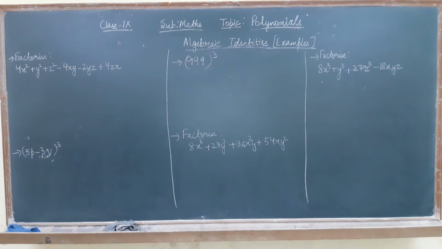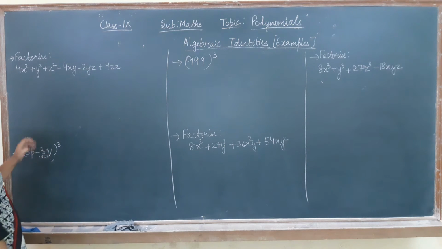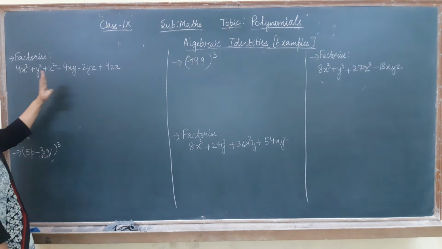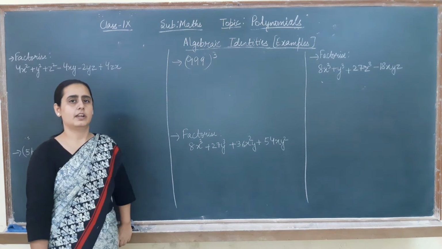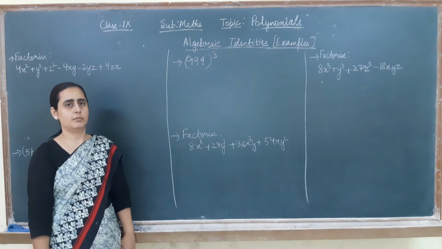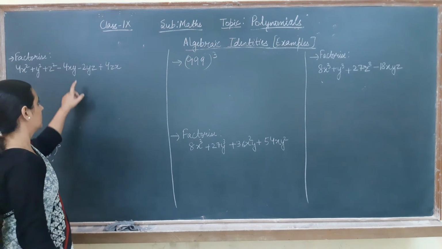Now the next example says factorize this thing. If you see the terms, x square, y square, z square, xy, yz, zx, they all come in the identity of x plus y plus z whole square. Fine. But the thing is,